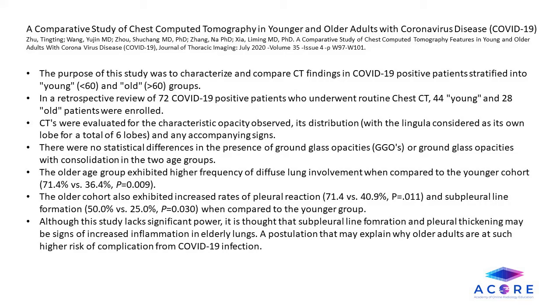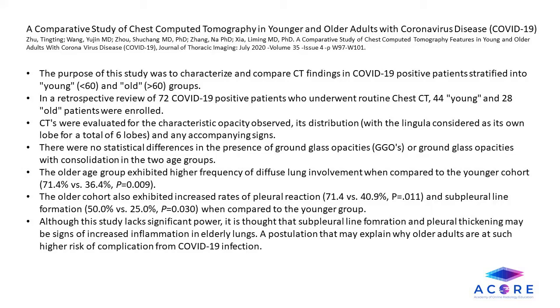Chest CT examinations were reviewed and evaluated for distribution of disease, central versus peripheral, number of lobes involved, with the lingula included as its own discrete lobe for a total of 6 lobes, lesion density, either pure ground-glass opacities with a consolidation, or consolidative opacities, the presence of interstitial changes, noted as reticulations, interlobular septal thickening, or subpleural lines, accompanying radiological signs such as vacuolation, air bronchograms, or vascular engorgement, or pleural reactions such as pleural thickening or pleural